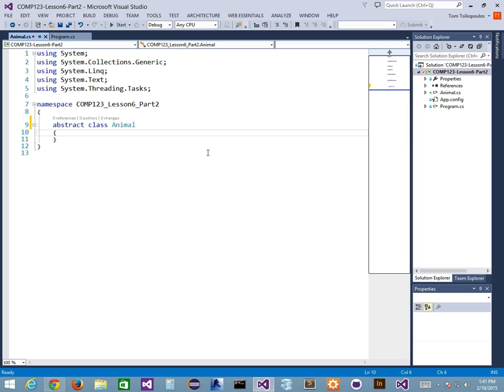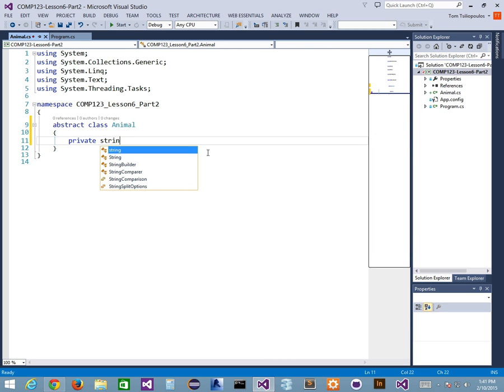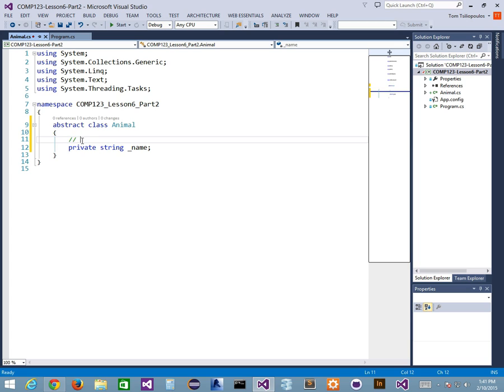Okay, we have a private property, right? So I'm going to put it in there, private, and it's going to be of type string. Hey, it's a private property. I'm going to put an underscore because that's me, right? And it's going to be name, lowercase, right? So here's my private string property, and I'll put that in there, right? Because we're going to call this private instance variable. Sorry,